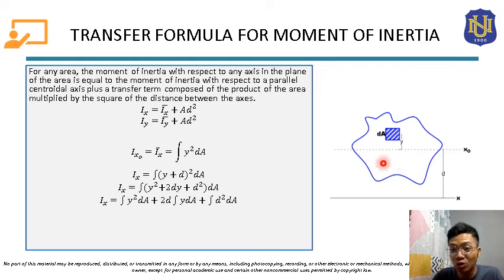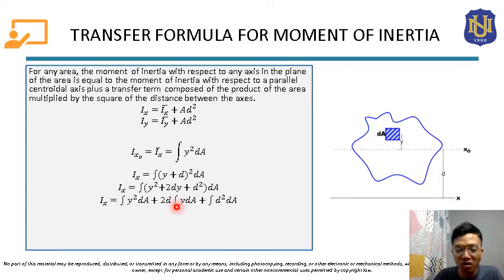Since this is a centroidal axis, if we sum up all the differential area times y, the differential area above will be positive and the differential area below will be negative, right? So if we sum them up,